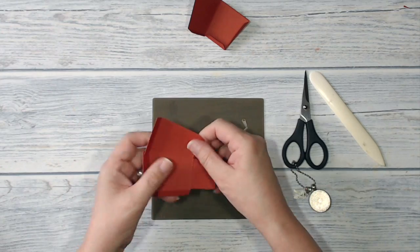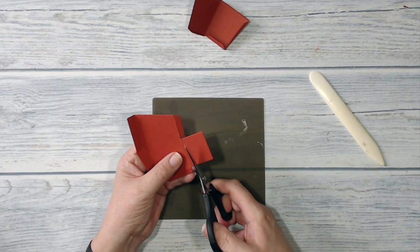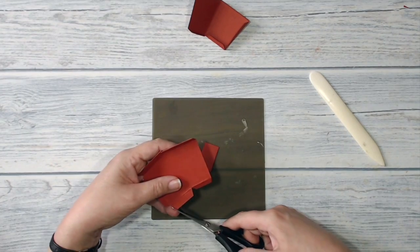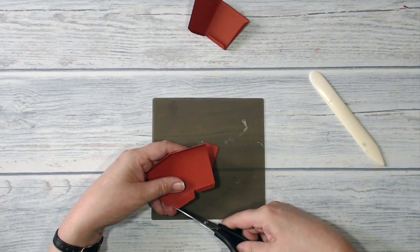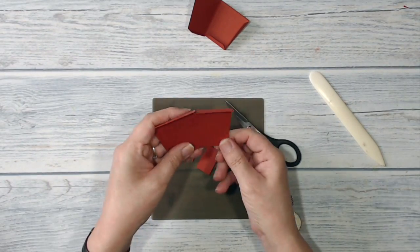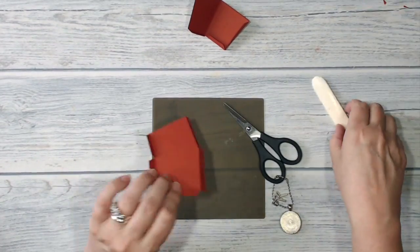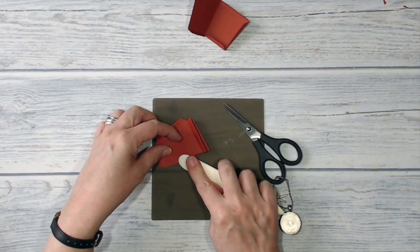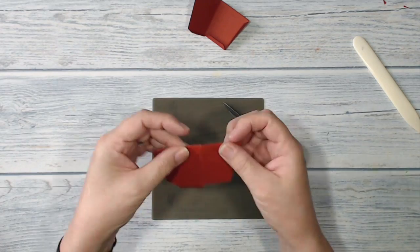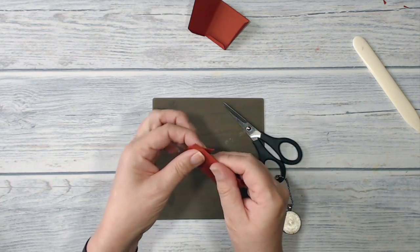Okay. And this piece here, I don't need that piece. So I'm just going to cut it off about level with the piece on the other side. And I actually don't really need any of these pieces at all, but I'm going to fold them over so that it looks neat and tidy. And I forgot to burnish that one. Okay. Now, when I close up my flower pot, these pieces stick out, so I want to trim them